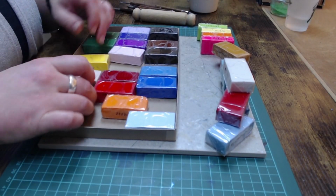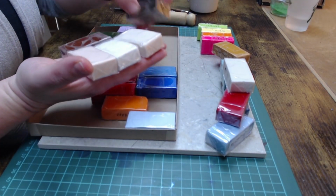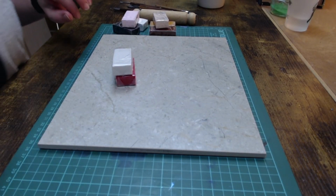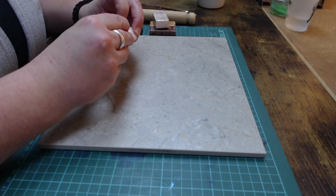But there's metallic ones and pearlescent ones and shimmery ones. And that red one that's sitting up there, that is a red sparkly one which I will be using later on. So I picked out some colours to suit the project that I'm going to do, which I won't spoil for you right now. One of the things I noticed in the packaging was that the clay felt quite